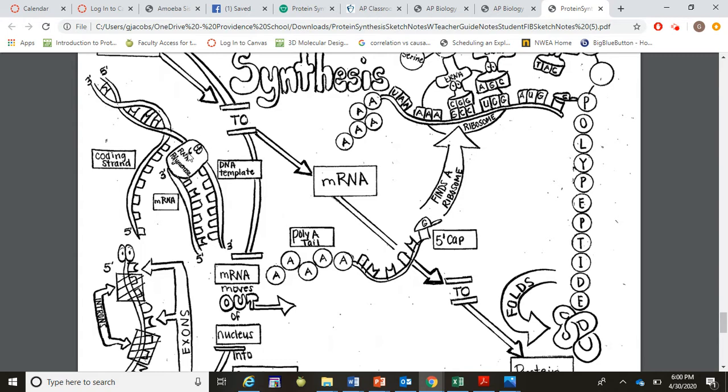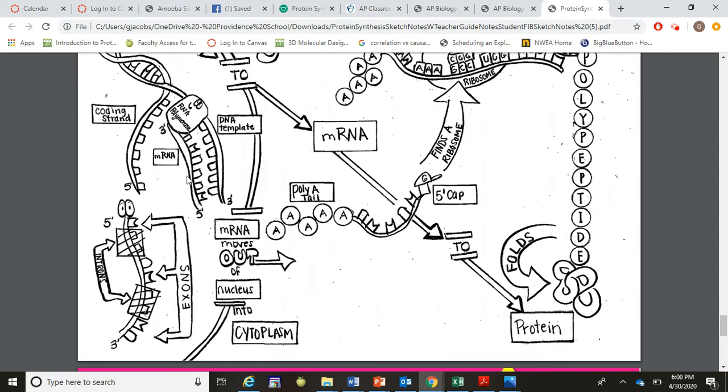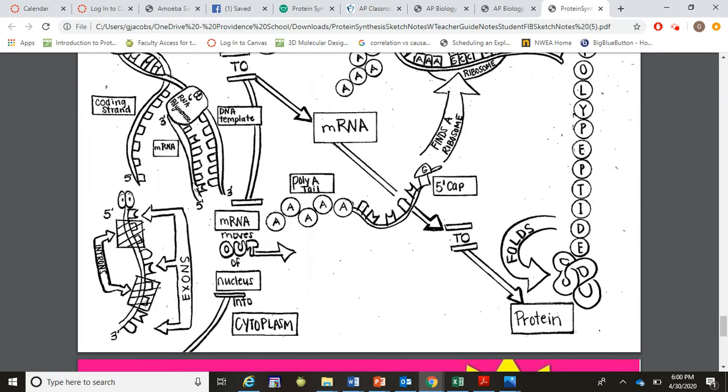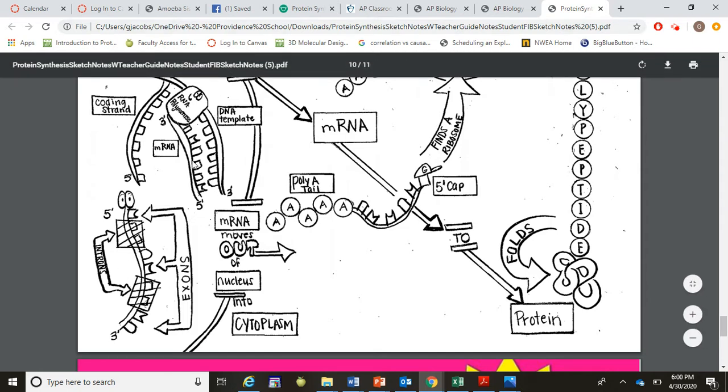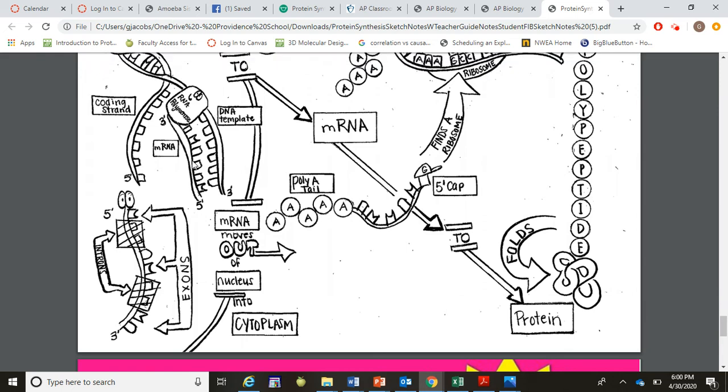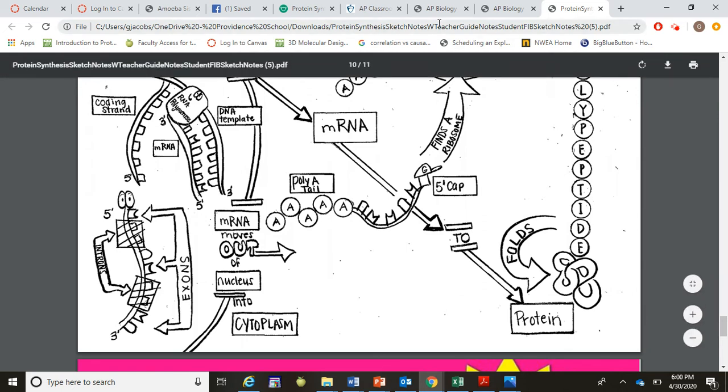After it reaches the termination sequence, remember our messenger RNA needs to be edited. So we're going to keep the exons. Exons are expressed, and we're going to remove the introns. I relate this to, okay, you wrote your rough draft essay, but it's got a lot of wordiness and you need to cut down on it. And so that would be when you remove the introns, it's just kind of removing some of the fluff